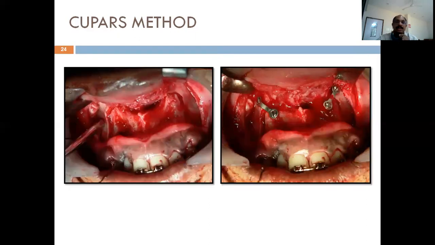So you can see here, we have made a cut on the first picture vertically down towards the extracted socket, and once it is done, what is it that we have achieved? I told you, you can use your splint here again and try to give you a picture about what we have done in mock surgery, and try to fix it up there. And we can always fix using your mini plates once you achieve what is required.